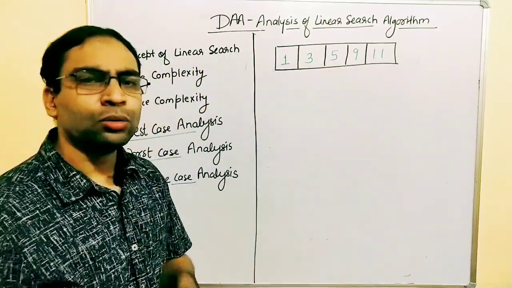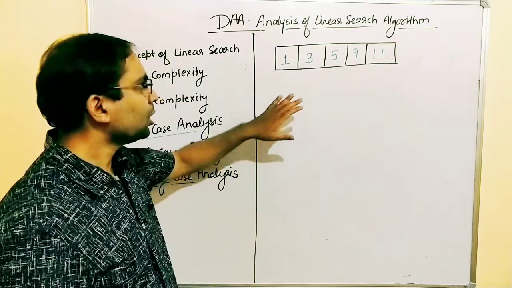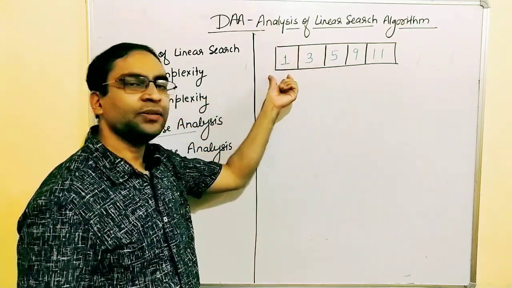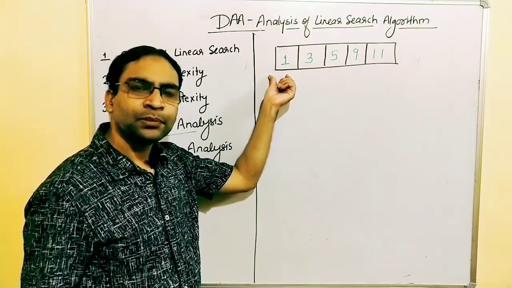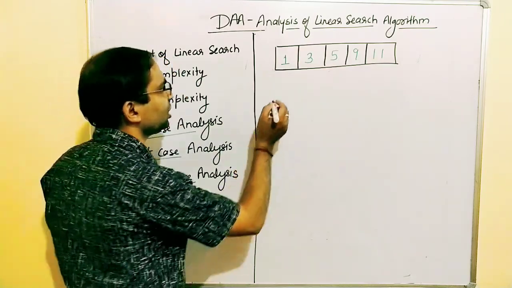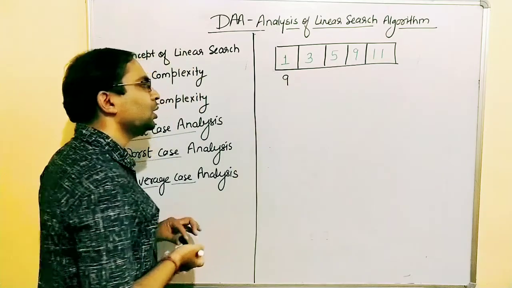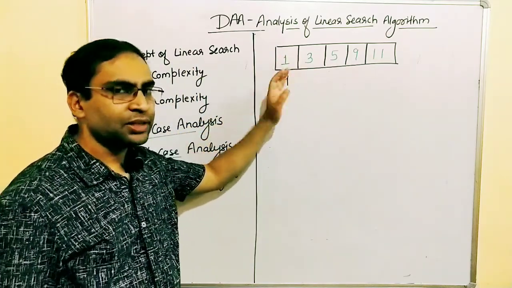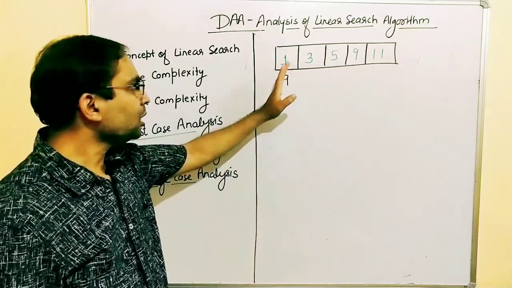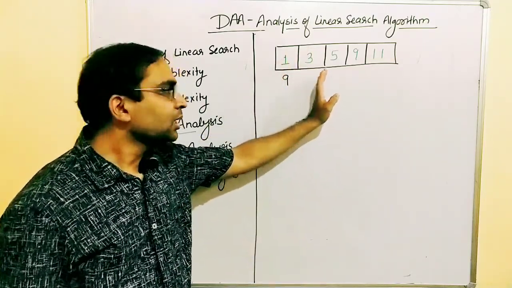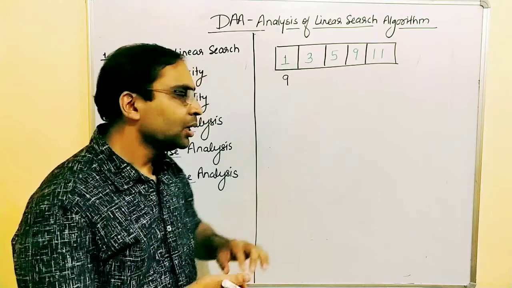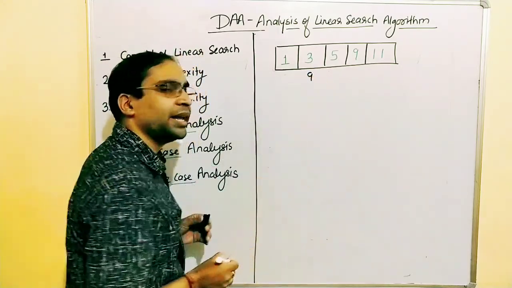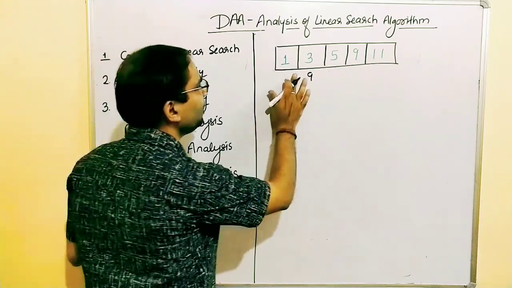So let's first see how this works. Let's say we want to search for an element. As we all know, we compare that element with the first element inside the array. Let's say we want to search for 9. First, this 9 will be compared with the first element. If it is found, then we simply return the result, and if not, then we increment the index and come to the next element. Now this 9 will be compared with the next indexed element, and similarly we keep moving.